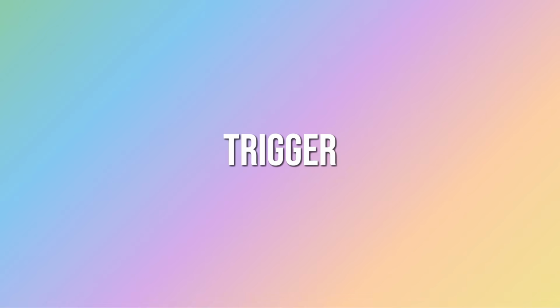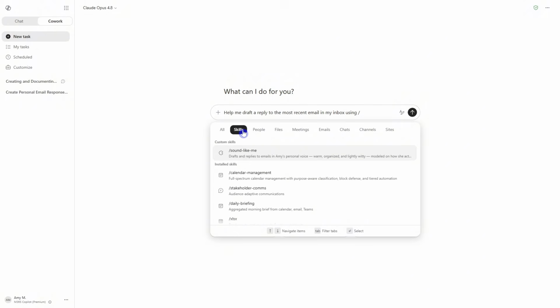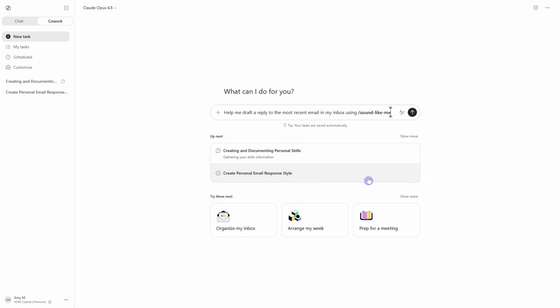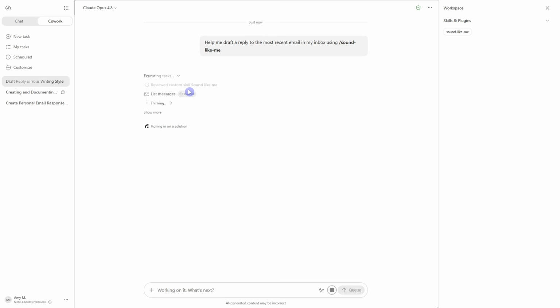Now we are going to take a closer look at the trigger, and there are two ways that we can turn on this skill. So the first one is we can turn this on manually. So for example, we could say, help me draft a reply to the most recent email in my inbox using, and then we can press that / key. We can locate our skills. And we'll see at the top here that we have that custom skills, which is Sound Like Me. So we can select that. We can press enter to send our prompt. And we can see here that Cowork is now working through this task. And on the right-hand side, in that skills and plugin, we have that Sound Like Me skill being used